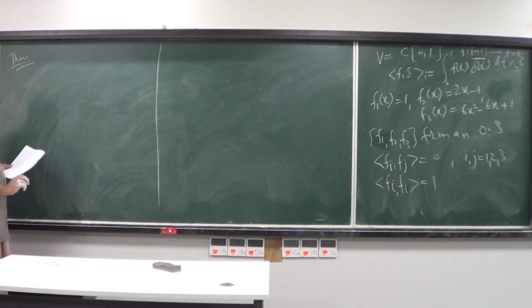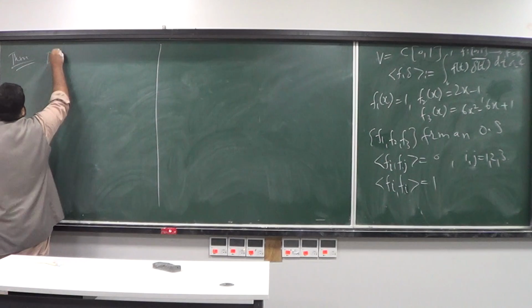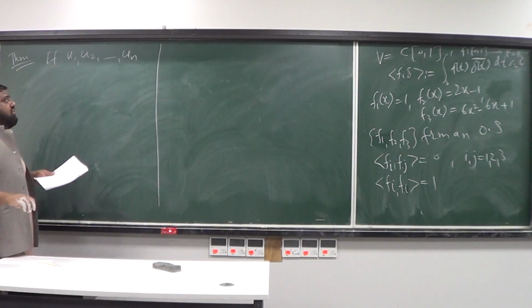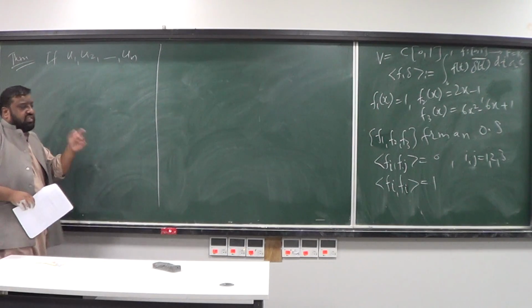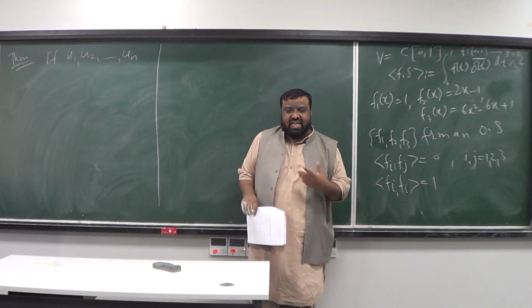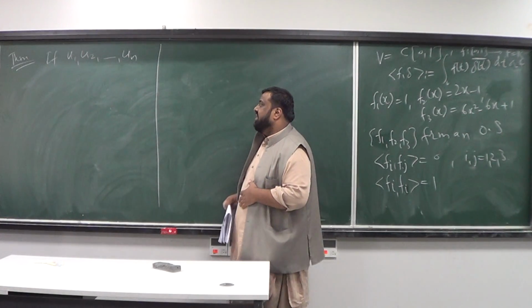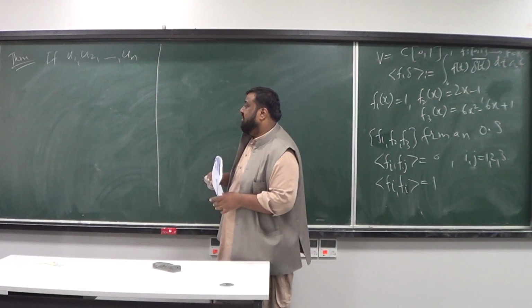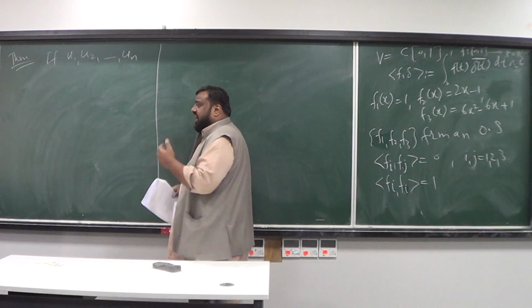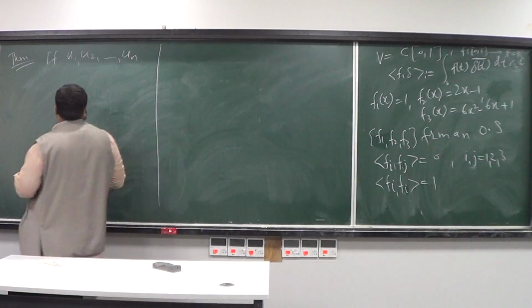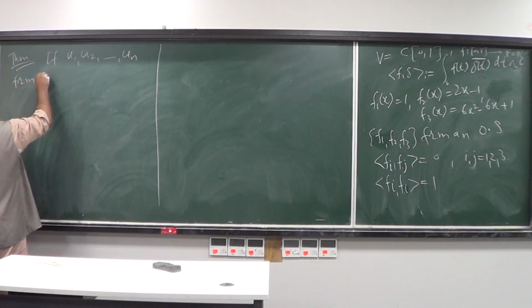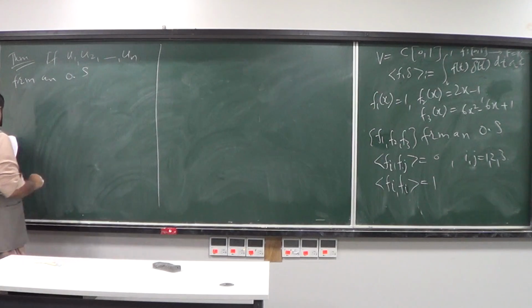So here's a theorem, and I'm going to quickly prove it. Imagine I have a finite orthonormal system. We're not going to take an infinite sequence of orthonormal vectors, because in that case the convergence of the series would be a trouble. We may or may not have convergence of the series I'm going to write. Anyway, imagine you have this orthonormal system. If u1, u2, ..., un form an orthonormal system,